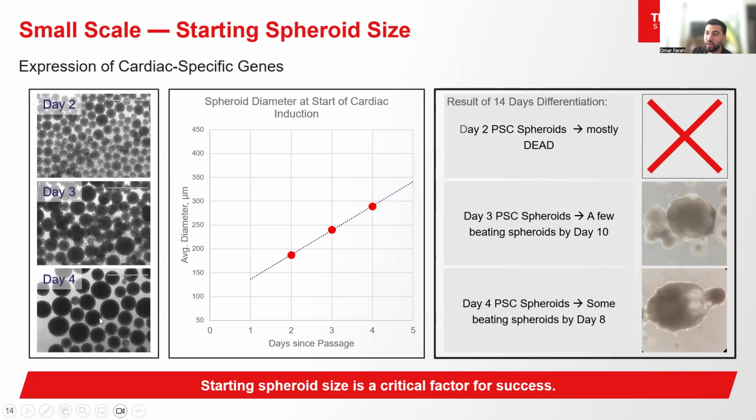But if they're around 300 microns, which again is the biggest size that we've tested here, they tend to differentiate slightly even better, where we do see evidence of those larger spheroids maturing and displaying a beating phenotype as early as day 8, right? I'm sure if you keep going larger and larger, that benefit is going to diminish again. So there's definitely a sweet spot, but I wanted you to know this because it's important to take a look